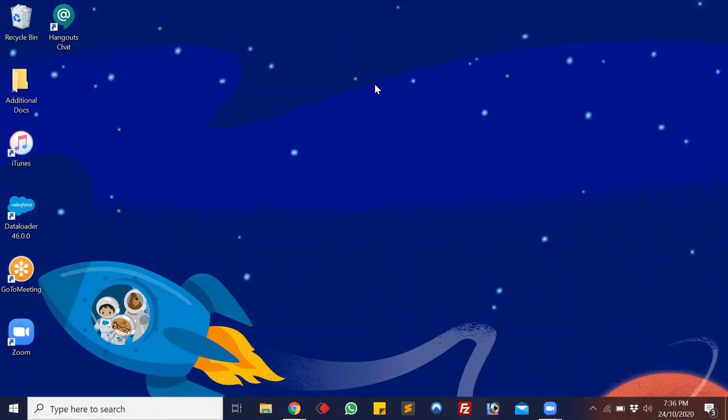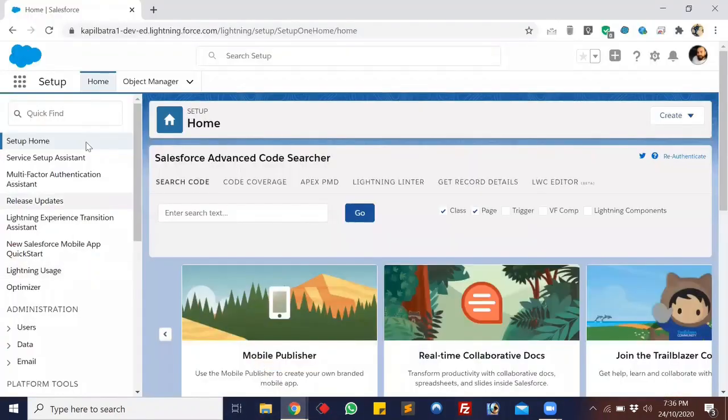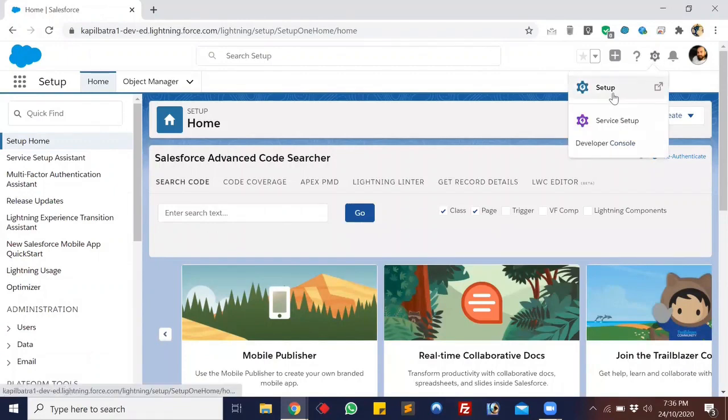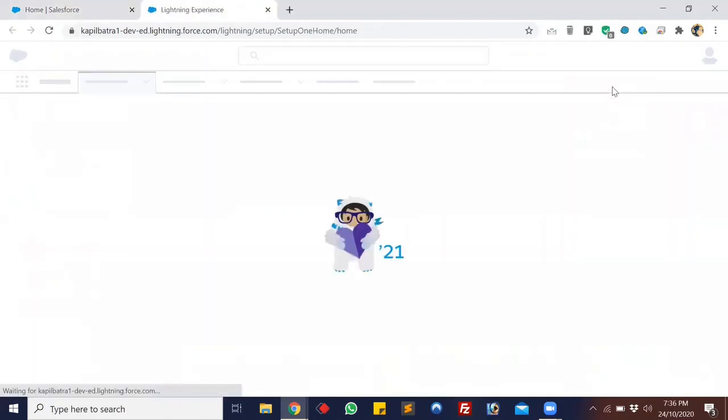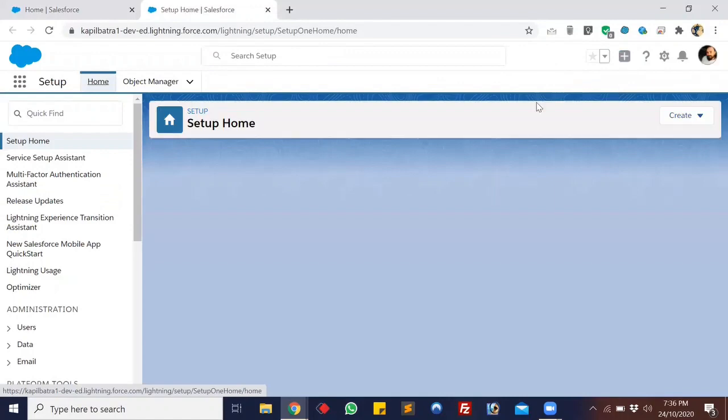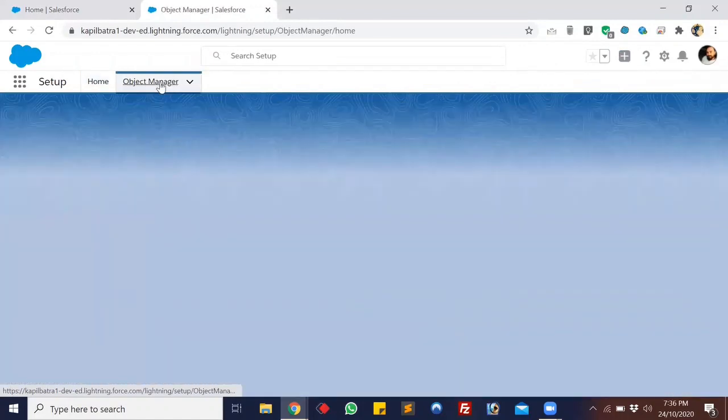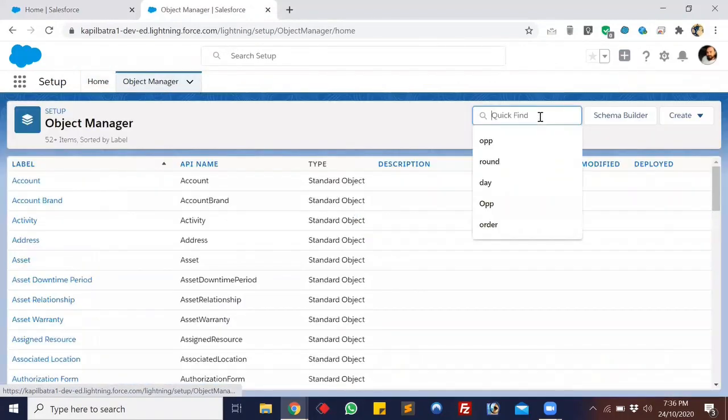Alright guys, so for today's demo, first of all you have to log in to your developer console. So this is my developer org, and for today's demo guys, I have created a new object and I'm already having some fields in it just to display the many-to-many relationship between libraries and books. Let me just show you the object first. So it's just a basic example guys. You can customize the code, you can customize the functionality as per your requirement.